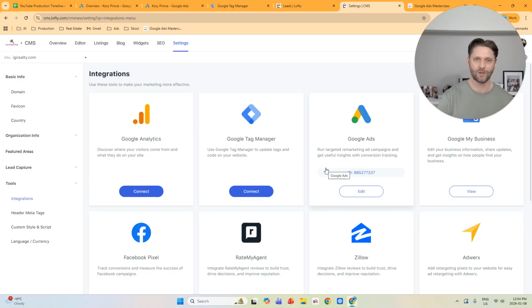However, what we need to do is layer on the Google Tag Manager. So Google Tag Manager is a way to deploy code on the website directly from this thing called the Google Tag Manager container. So I'm going to provide that container for you step by step. And like I said, I'll put in the pinned comment a way for you to actually get that sent to you so you can use the exact same container that I'm using here. So what we need to do is go to